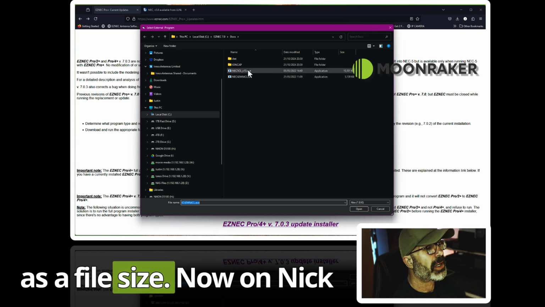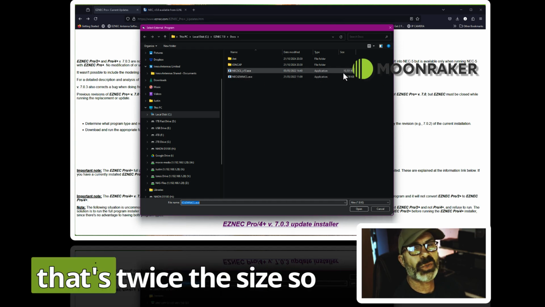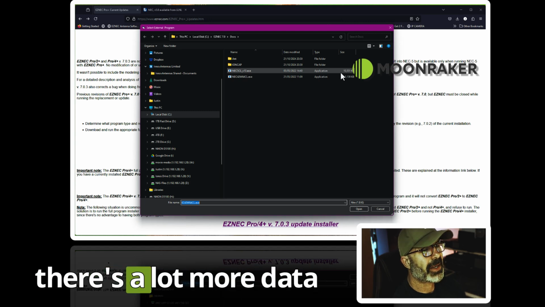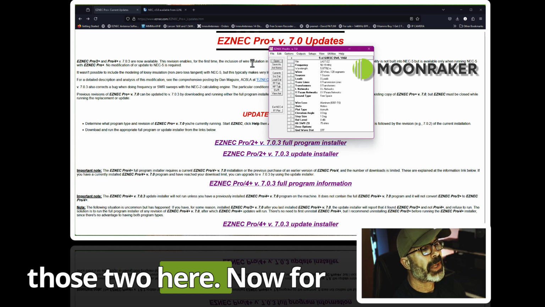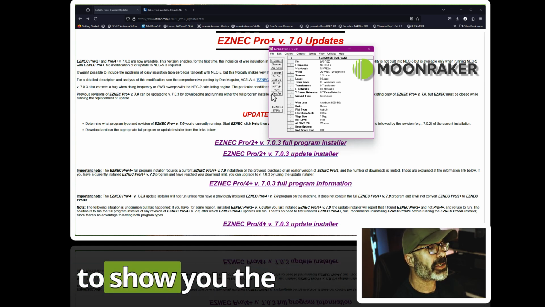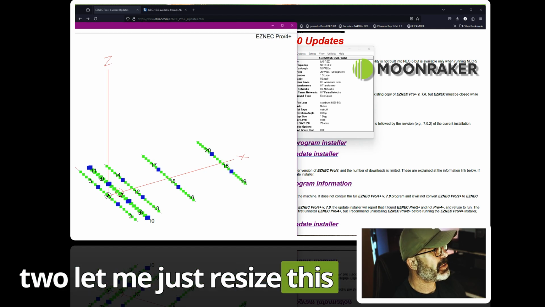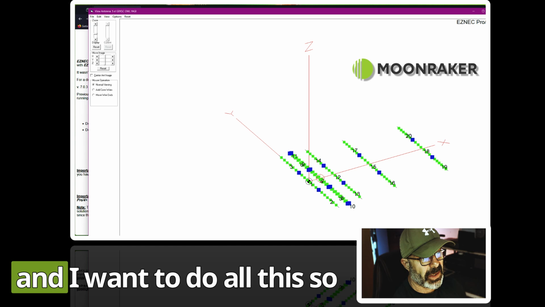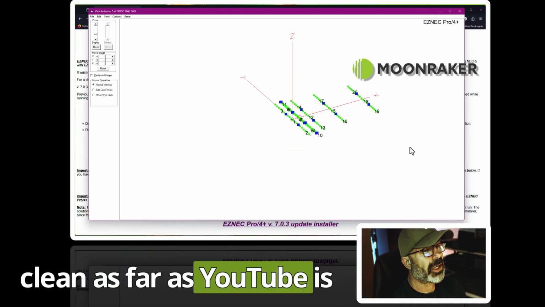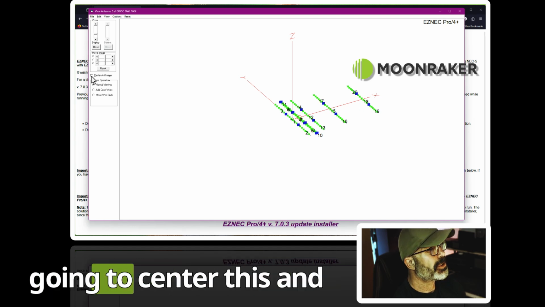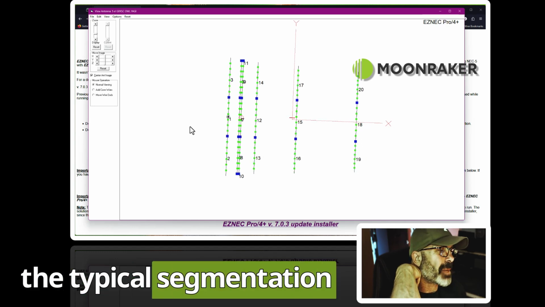as a file size. Now on NEC-5 version 13 that you can see here, that's twice the size. So there's a lot more data in there. So that's those two here. Now for comparison purposes and to show you the difference between the two, let me just resize this into this viewing screen. I'm having to do all this so I can keep it all nice and clean as far as YouTube is concerned. So I'm just going to center this and bring this up, and that was the typical segmentation